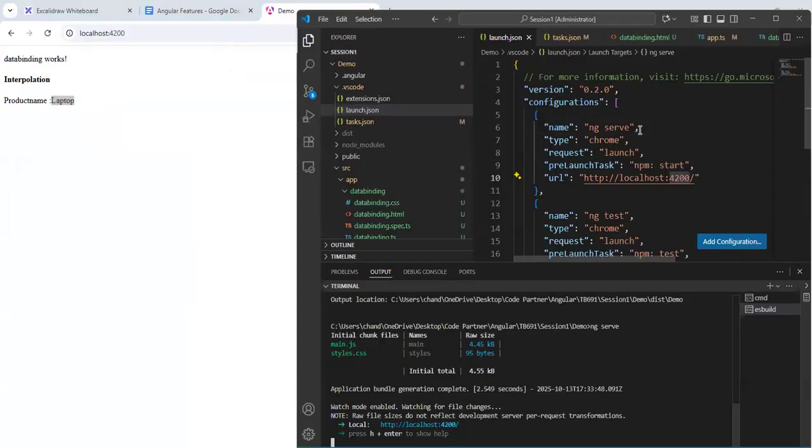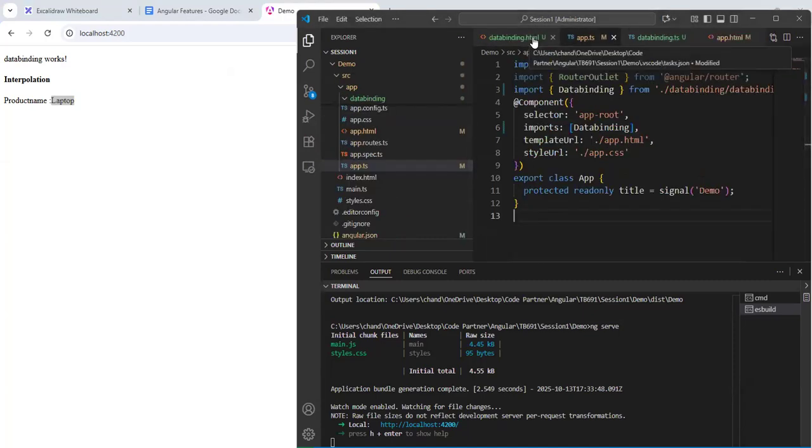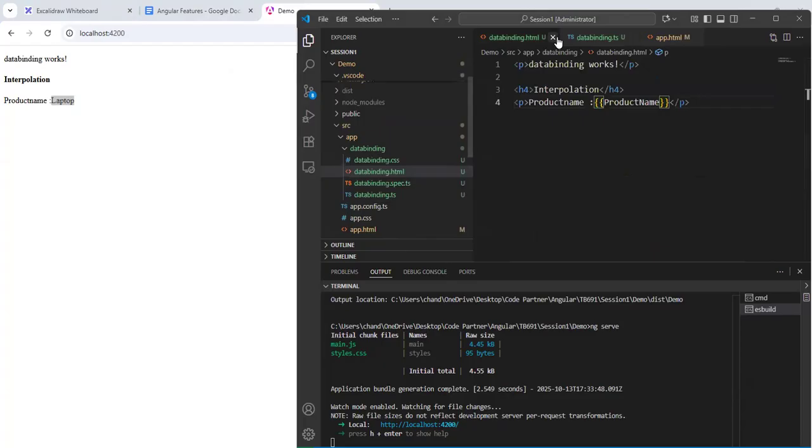You can see my screen, the browser. In the browser you can see data binding, interpolation, product name is laptop. This comes from the interpolation. Then the next point is we will talk about